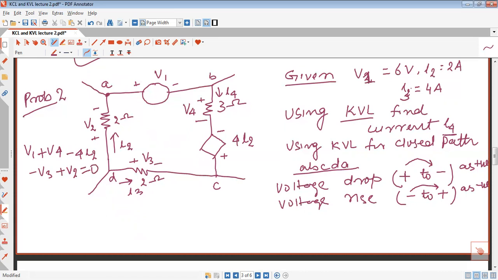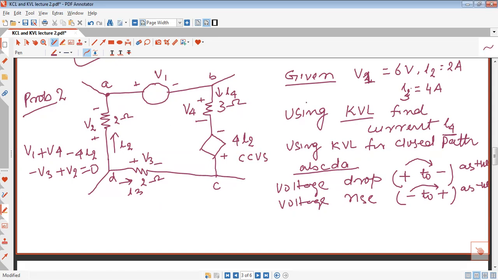This is a convenient method, where voltage drop is taken positive. Another way to say it: first we encounter the positive terminal here, so it is written as positive. Here we first meet positive, so write positive V4. Here we first meet negative, so write it negative. This is a voltage source, but it depends on current. So this is called a current dependent or current controlled voltage source. It is controlled by I2. Here I2 is given, so if we change I2, the voltage here will change.